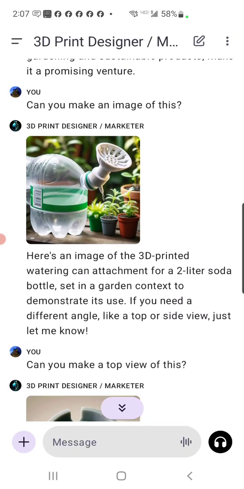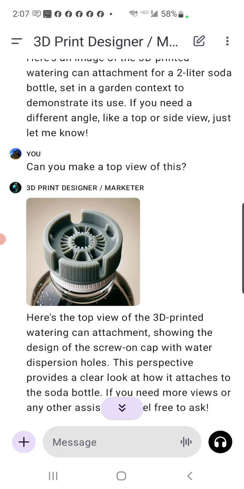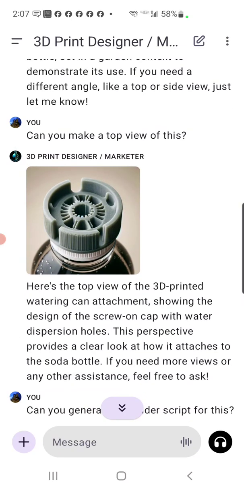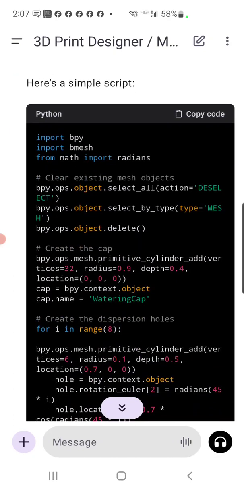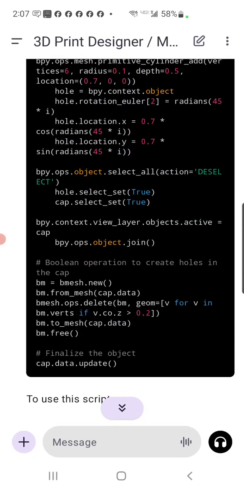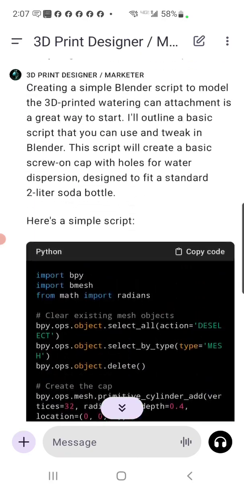Then it came up with some concept designs of it. Granted, they're not perfect, but it kind of gives you an idea. And it wrote a Blender script. I don't know how good the Blender script is, but